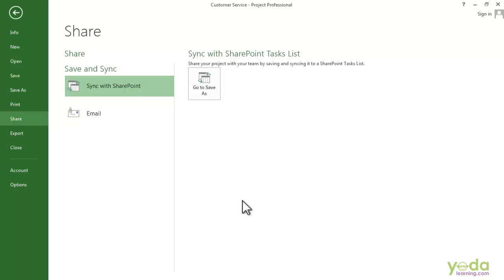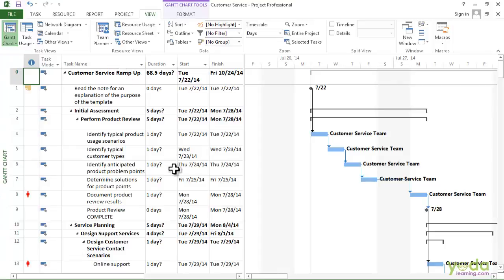You can also copy a picture of your project. You can use that to distribute the information or insert it in other files like PowerPoint. To do that, go back to the ribbon and first make sure the view is what you want. For example, we have a Gantt chart view here and that's fine, but you have to make sure you can see all the columns in the table that you want to see. So drag the divider if you have to. Partial columns won't show up in the picture and make sure the time scale is what you want as well.